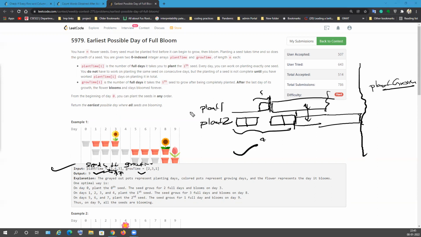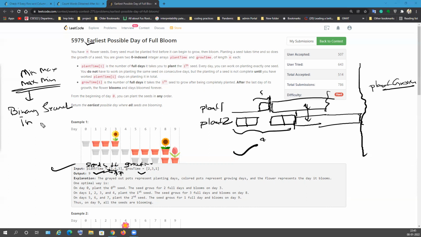Right? So what I did in this particular problem, earlier I was thinking something should happen from this plant time, or what should be done. Then I thought this is the earliest day. This is something like a min of max and max of min problem, right? And in this problem, we can actually apply binary search on the answer.